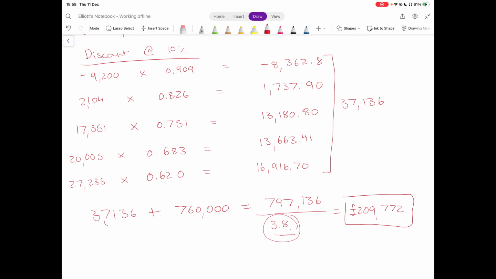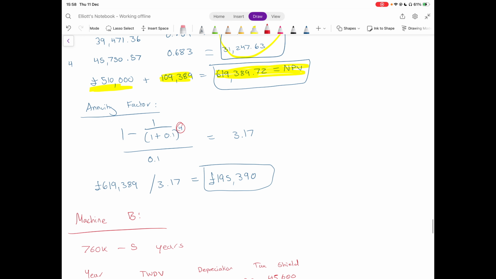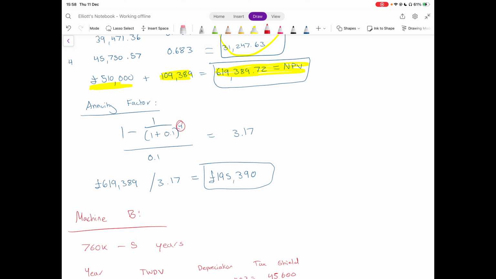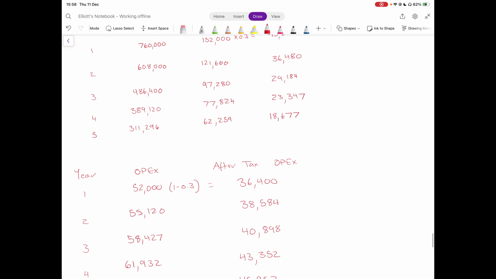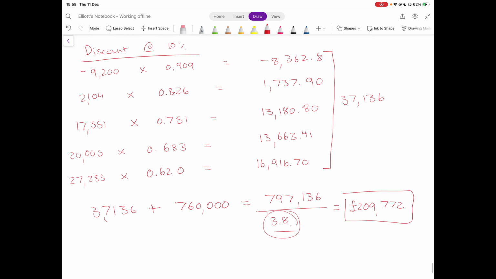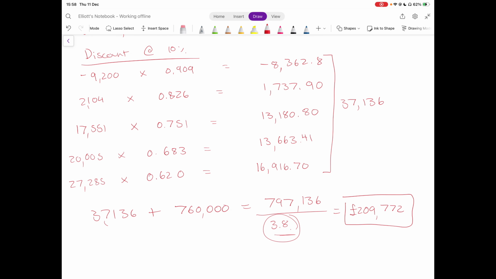So in this case, the company would choose machine A because the equivalent annual cost for this is 195,390, so it's cheaper to do machine A every year. So yeah, the maths in this kind of question is quite straightforward. It's more just remembering the steps and making sure you follow